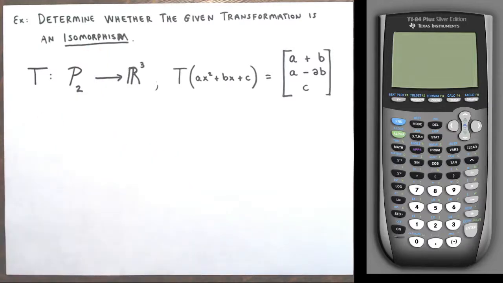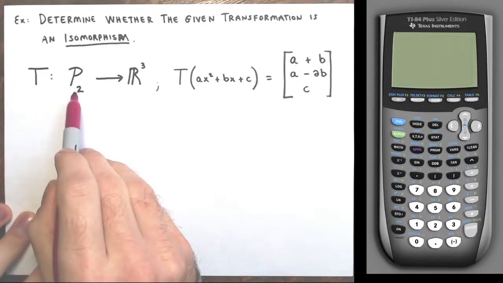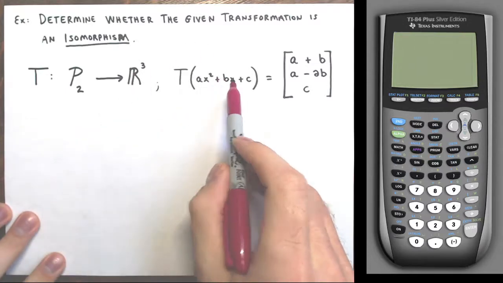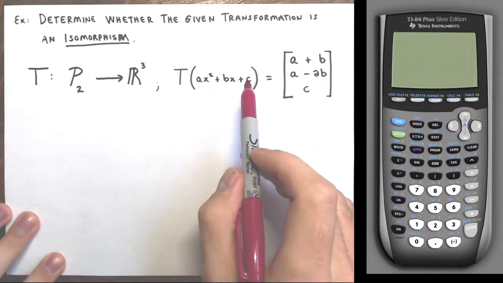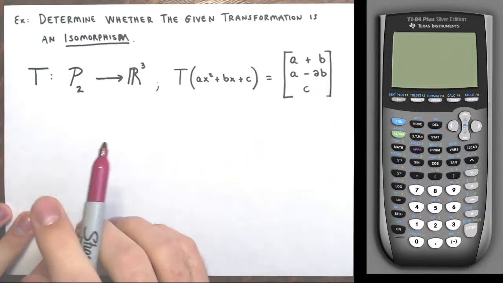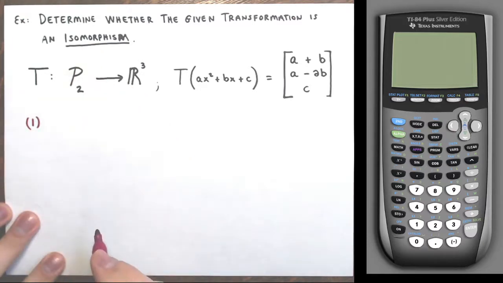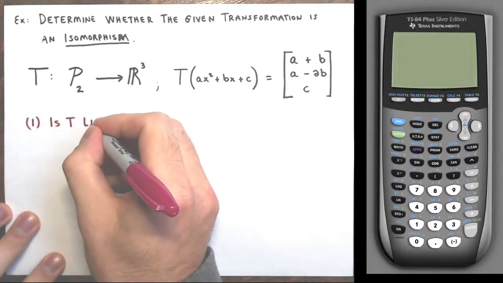Now, the linearity part. Here T is a transformation from P2, that set of polynomials of degree 2 or less, to R3, the three-dimensional Euclidean space. And here's the rule. It takes a polynomial from degree 2 and sends it to a vector from R3. So the first question is, is T an isomorphism between P2 and R3? Is T a linear